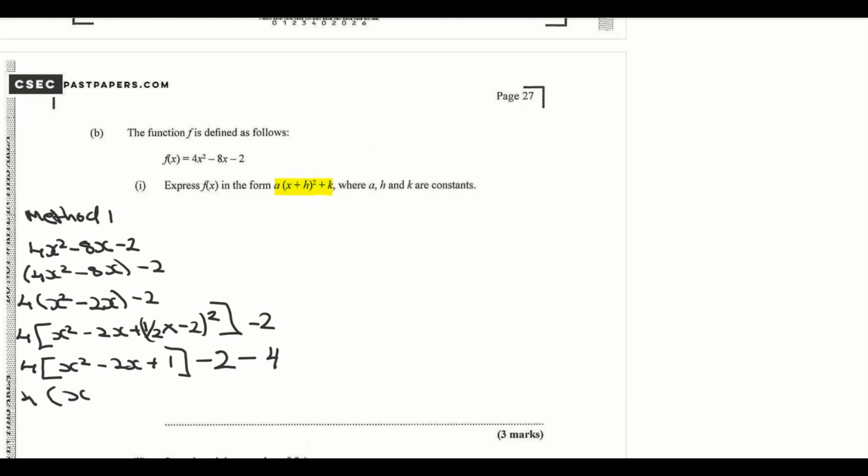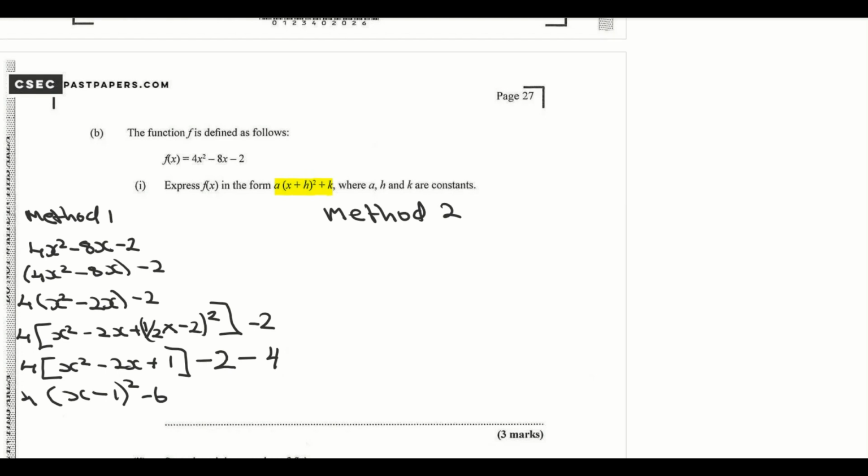We have two squared terms, so it's x, there's a minus, so it's minus 1 all squared. Minus 2 minus 4 is minus 6. So this would be a is 4, h is minus 1, k is minus 6. Method